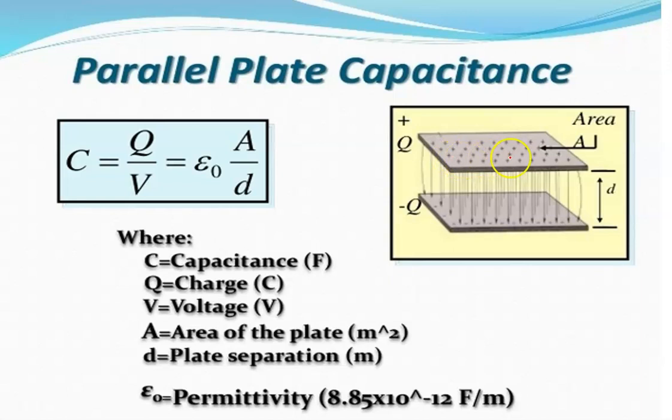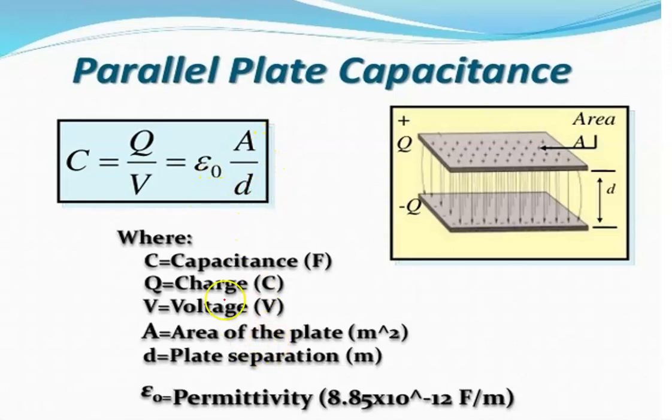A parallel plate capacitor consists of two plates, plus Q charge on one and minus Q charge on the other. The area of both plates is A, the same area, and D is the separation between the plates. So the capacitance of this parallel plate capacitor is C equals Q upon V. By putting the values of Q and V, we will find that capacitance is ultimately equal to epsilon naught A upon D. A is area, D is distance, epsilon naught.